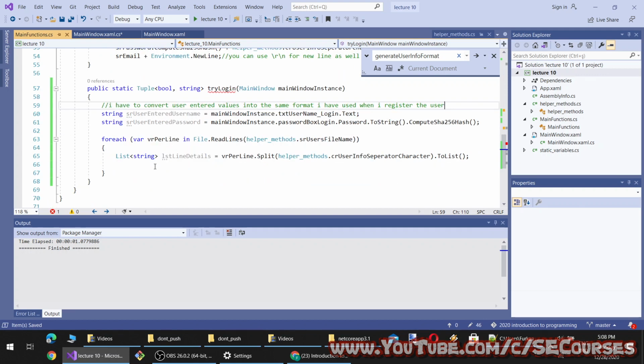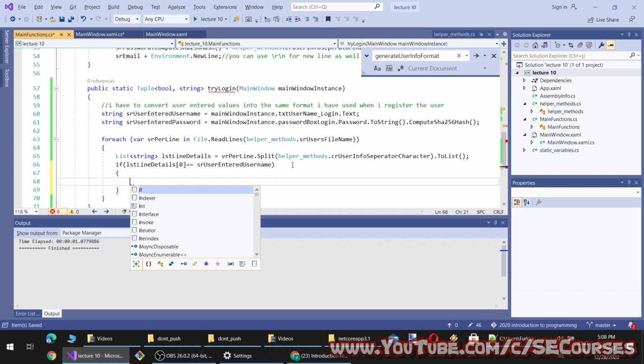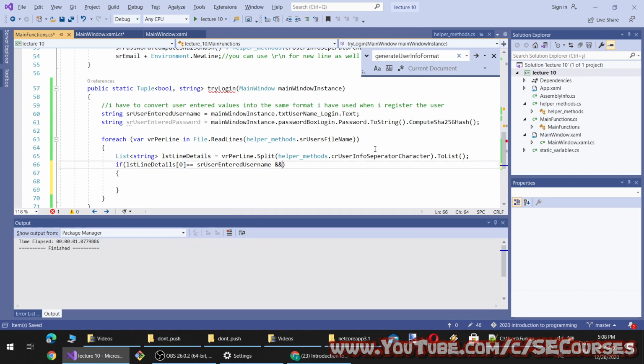All right. Then we are going to do a check like this. For each line in the details, the first one is the username. If the username is equal to the user entered username, then I will check, actually I can check it in advance, if our user entered password is equal to, you see this, the direction of this and this doesn't matter in this check.